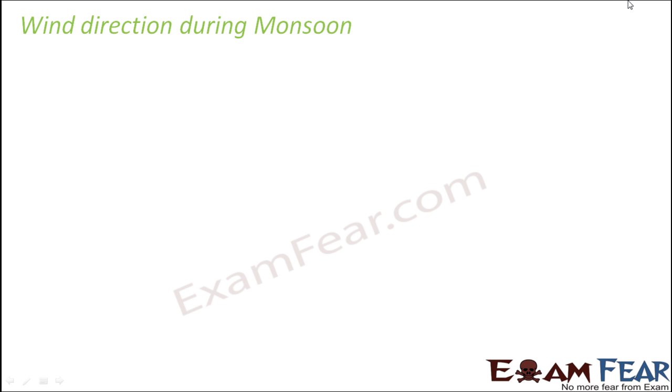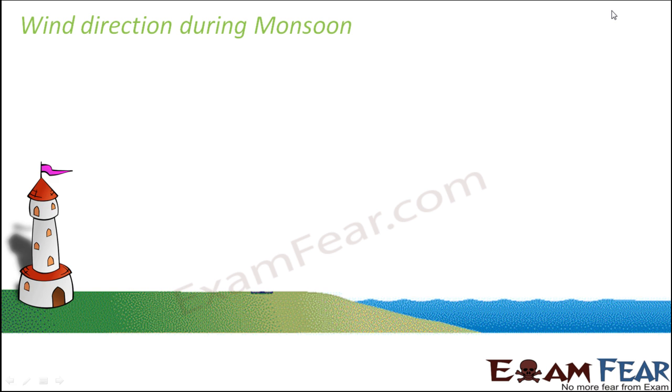Similarly, when you try to see the direction in which wind blows during different seasons, there also you will see the same concept. So let's talk about the monsoon wind. So what happens during monsoon? Let's talk about summer rather, so that you will be able to relate it more. In summers, how are the days? The days are very hot. They are hot, sunny, dry days. So that's how summers are.